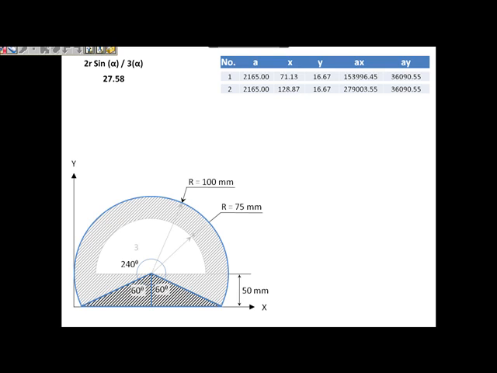It means the centroid is located at 27.58 above this 50 line, and therefore y coordinate is 27.58 plus 50, that is 77.58, and you see the way it is located, x coordinate is 100, and